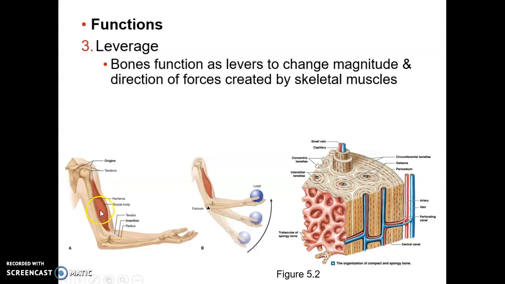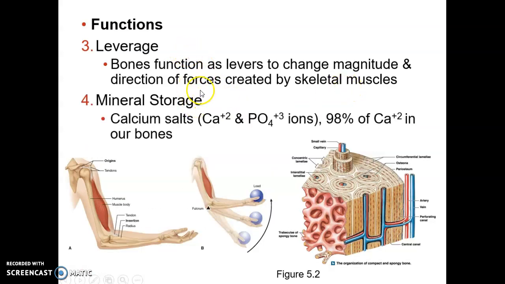So when the muscle contracts, it causes a force across this lever, and in doing so will cause movement at that joint or that articulation. So through our muscles acting on levers or joints, producing forces that move the bones, moving the joints, and thus moving our body. So locomotion,